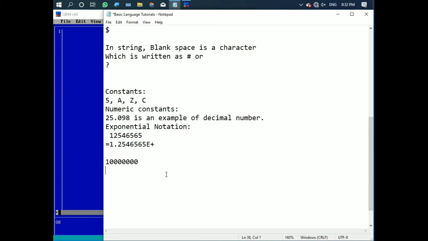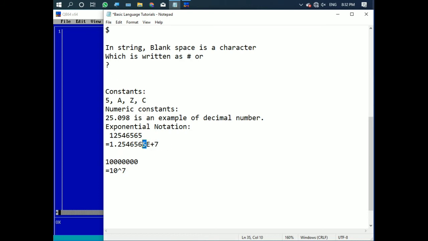So instead of this, what can we write? Instead of this, we can write 10 to the power of how many zeros? 1 2 3 4 5 6 7. So 7 zeros, then to the power 7 will be our answer. So 10 to the power 7 means 1 and then there are 7 zeros, which we can see here. So here in the plus section we are going to write 7. So our answer is done, which means 7 is the exponent.